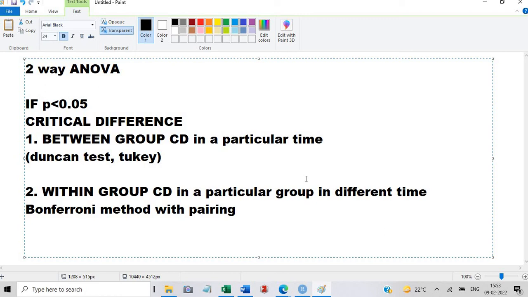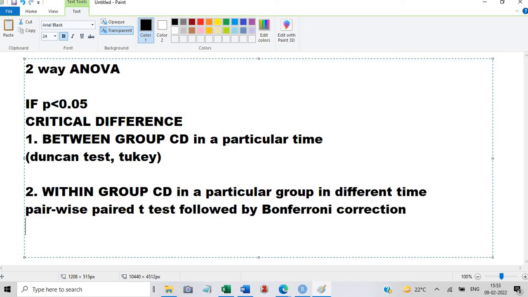Or properly, if I write it, it is pairwise paired t-test followed by Bonferroni correction, or simply we can write it as Bonferroni method.